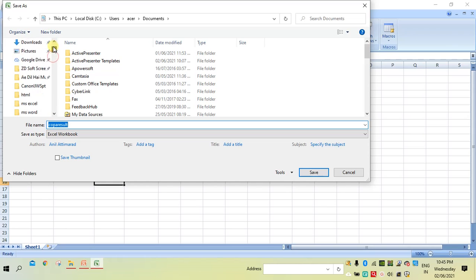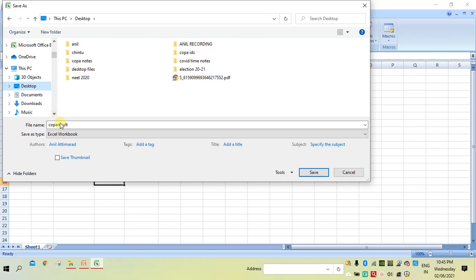For example, if you want to store a file on the desktop, click here and then say Save. It will save with the COPA result file name, or you can give another name and then press Save.